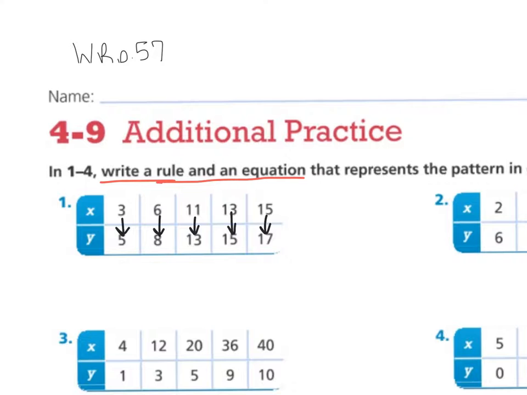So if you notice, going from the x to the y, the numbers are getting bigger. And it's actually then going to be either adding or multiplying. Multiplying 3 by something to get to 5 is not a real nice number, so we can hope for adding, and in this case that is what it is. It's adding 2 each time. So for the rule part, we could just say y is 2 more than x,